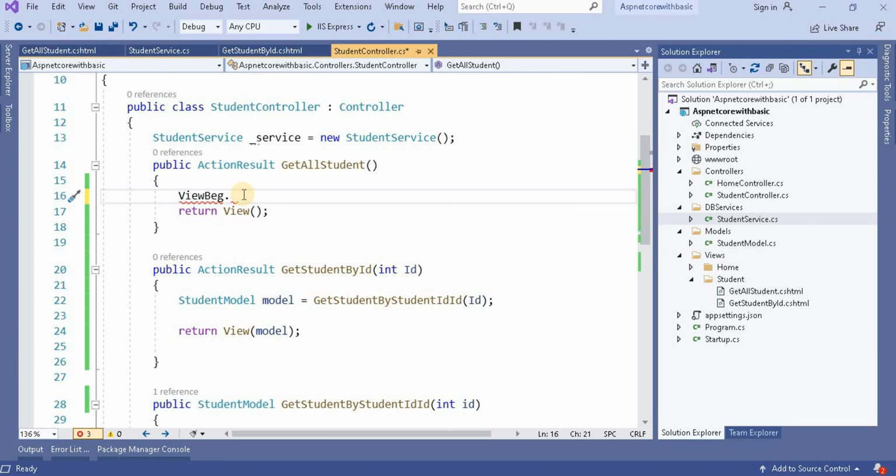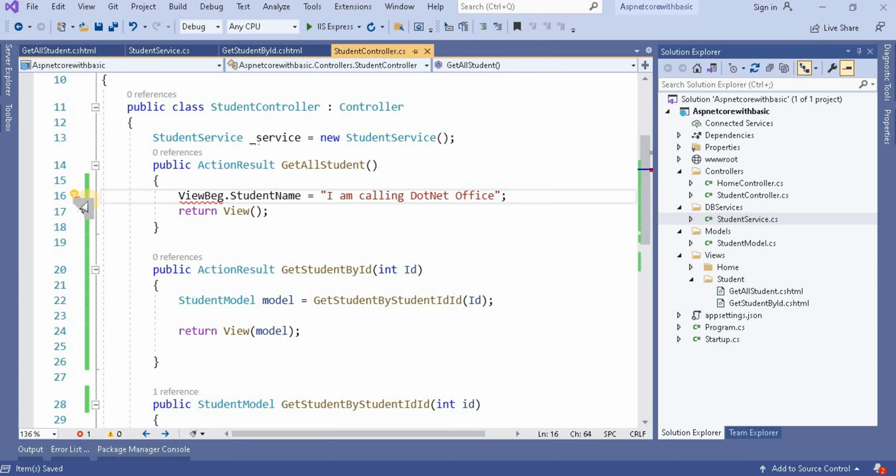This property I have given, and inside it I am assigning .NET Office. I have assigned this ViewBag inside the action method.